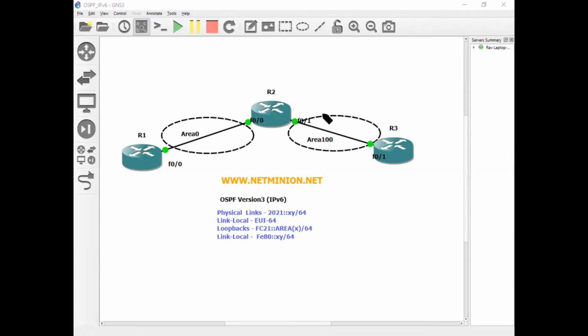So here I am not configuring the link local by myself on any interface. Let it be derived through EUI-64 format automatically. Let it get generated. I am not going to change it. Whatever it is deriving, it is getting derived automatically. Let it be. Now over the loopbacks, if you will see.